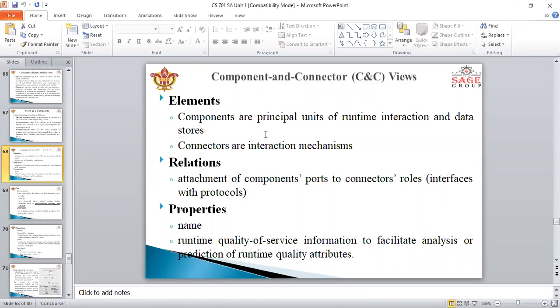The component and connector view is also known as the C and C view. Here you can see some component elements: components are the principal units of runtime interaction and data stores, and connectors are interaction mechanisms, and the second one is a relation.